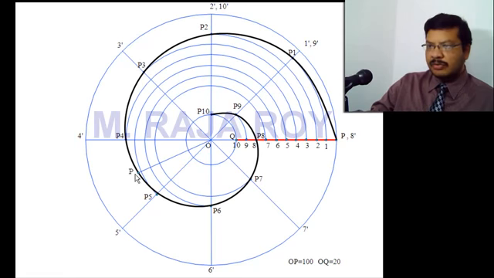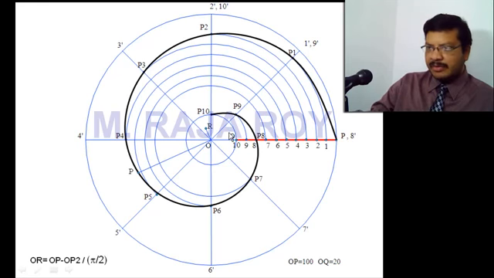So draw a line joining P to O. Draw a line joining PO, something like this, and you have to draw a perpendicular to this PO line like this. The length of this perpendicular you call OR. OR is equal to OP minus OP2